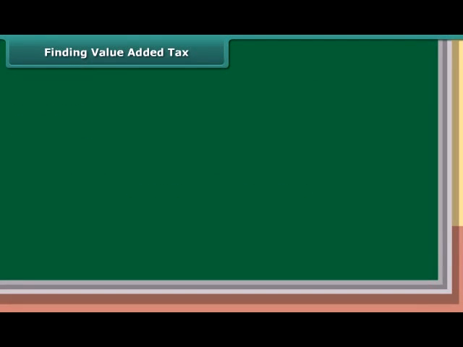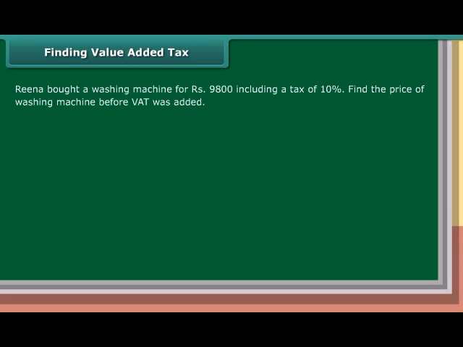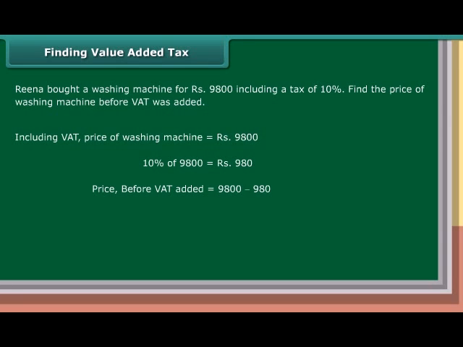Finding value added tax. Reena bought a washing machine for rupees 9800, including a tax of 10%. Find the price of washing machine before VAT was added. Including VAT, price of washing machine is equal to rupees 9800. 10% of 9800 is equal to rupees 980. Price before VAT added is equal to 9800 minus 980 is equal to rupees